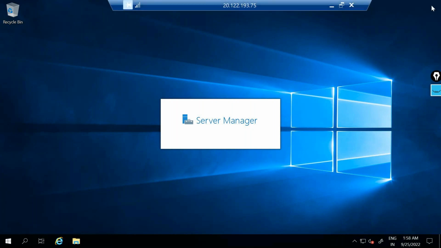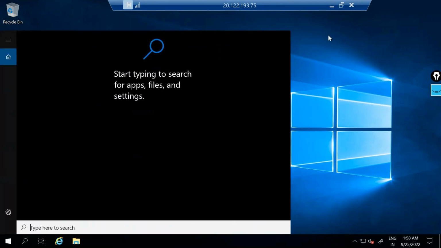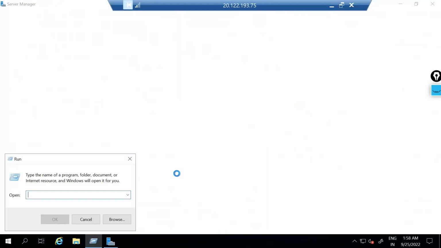So now I'm here inside the machine. If I want to see the users that are part of this machine, I don't know why this is terribly slow. Let's give it a second to boot up. All right, so let me do a Ctrl+R to run a command out here, and I will go into something called